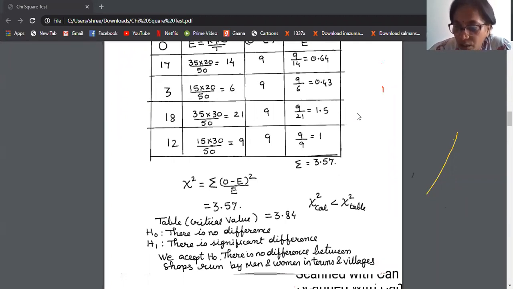Priyanka, your question, why we have considered a null hypothesis: because we have to answer the question. The question is not only to find the chi-square value. If they just say find the chi-square for the following, we have finished the question. 3.57 is your chi-square value, and that's all. But we have to answer the question. To answer the question, we have to set up the null hypothesis, and that is the reason why we have set it up. If we set up the null hypothesis, we have to set up the alternate hypothesis also.